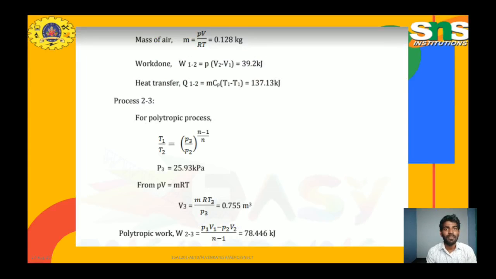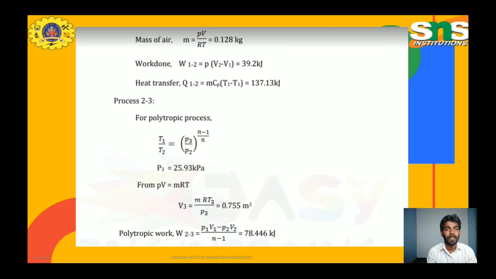The next one is to find the mass of the air, and solve for work done and heat transfer. We know the gas equation PV is equal to mRT. In that equation we need to find the mass m. So we rearrange the equation: m is equal to PV by RT. We substitute the pressure P1 and volume V1 values, and R is 0.278 kJ per kg K. It's a gas constant value, and the temperature T1 value. We substitute all these values and calculate, and finally we get the mass